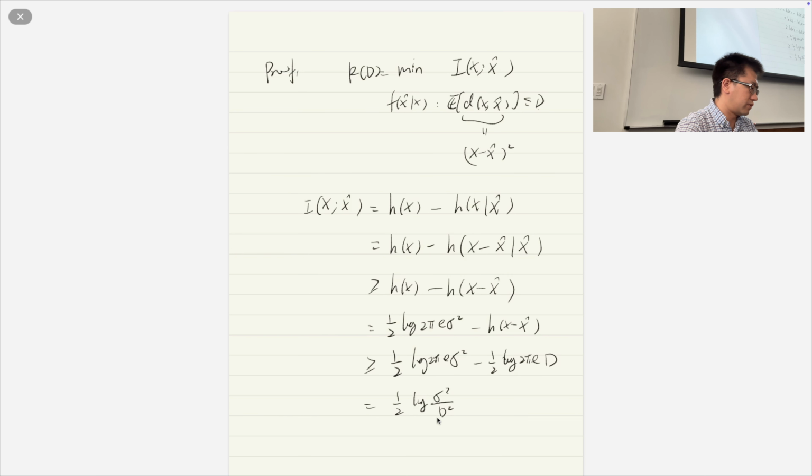So now we need to solve two things, right? The first thing we need to solve is, okay, for this, would that be achievable, right? It has to be achievable, it has to be equal, right? We don't want the inequality here, okay? So when this can be achieved, I mean, when the equal sign can hold,